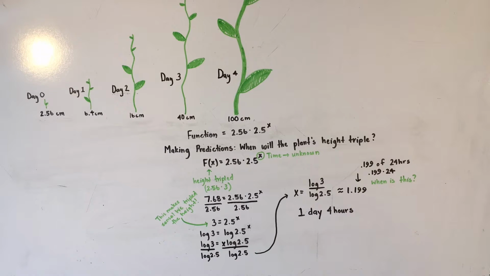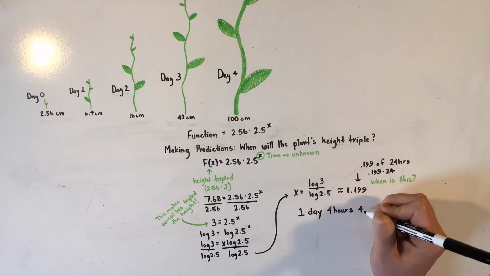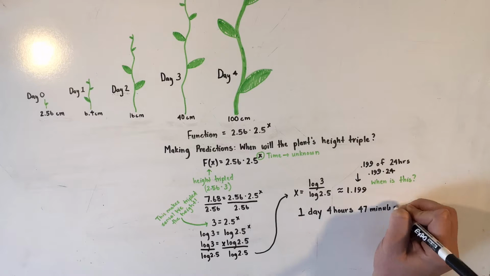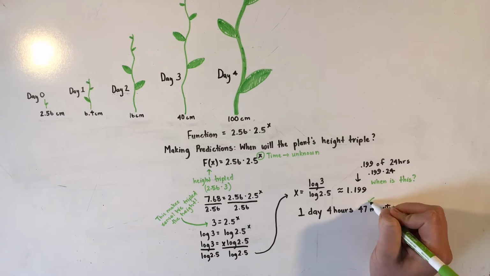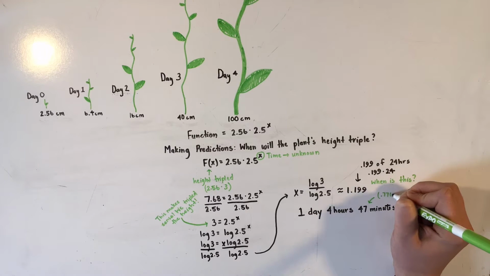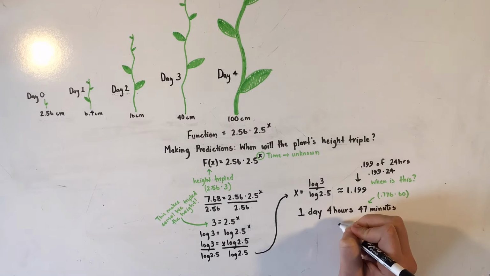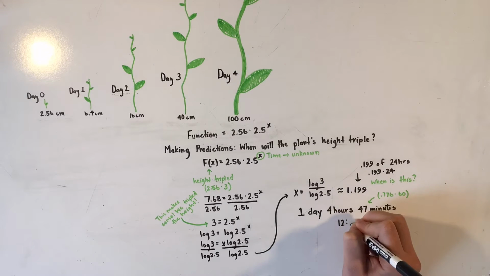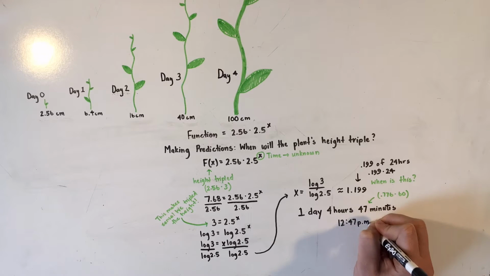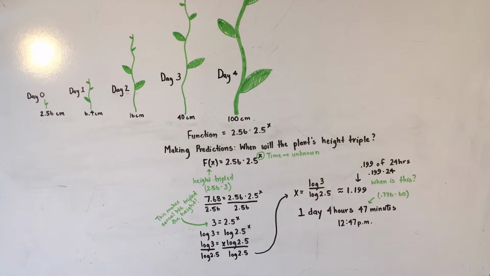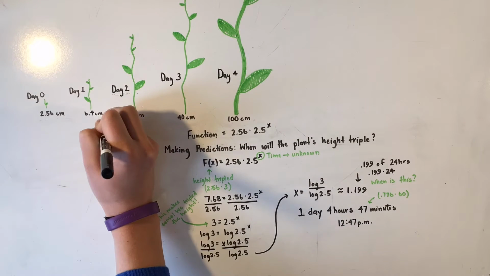But what's 776 thousandths of an hour? Can you figure it out? Did you get about 47 minutes? In order to find this, take 776 thousandths and multiply by the number of minutes in an hour, or 60. If a day begins at 8 o'clock a.m., this means the height of the plant will triple at about 12:47